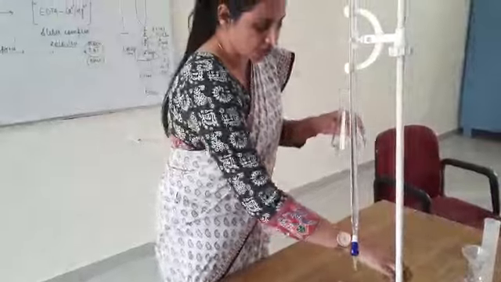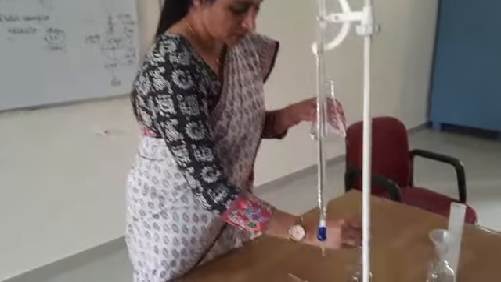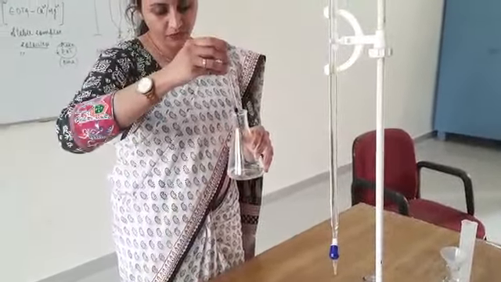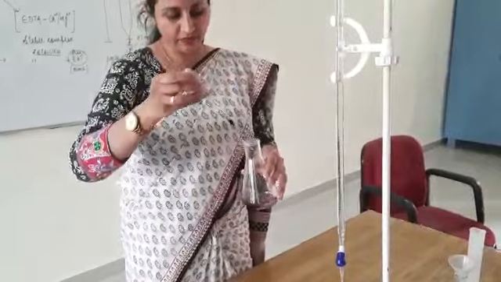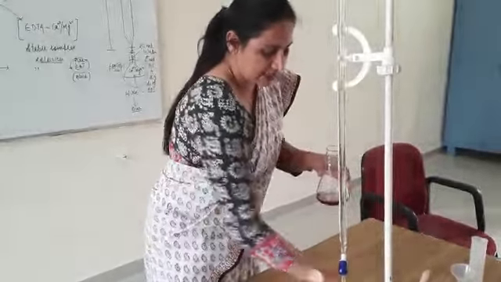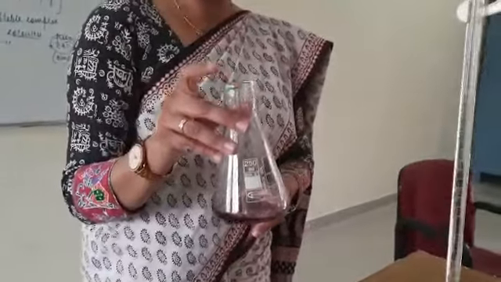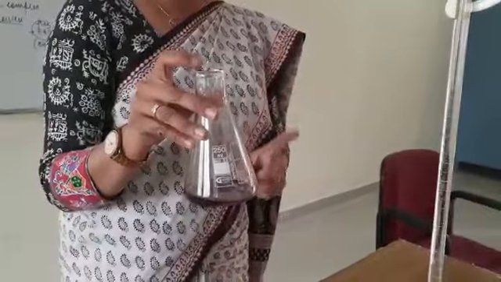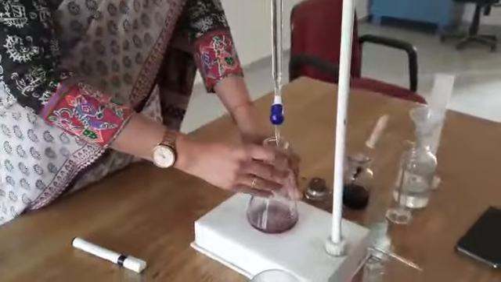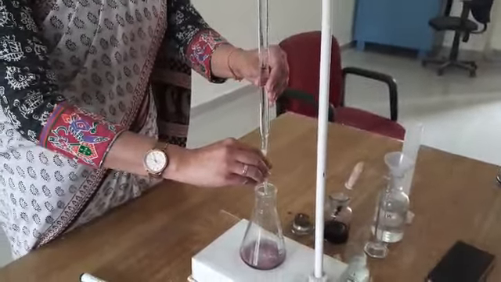This is the water sample, so the water sample will contain some ions. These ions can now complex with the EBT. This is our indicator, so I will add 2 to 3 drops of indicator. So this is the wine red color solution. This wine red is due to the complex formation between EBT, the indicator, and the metal ions. It is an unstable complex. Now I will titrate it with the EDTA, ethylene diamine tetraacetic acid.